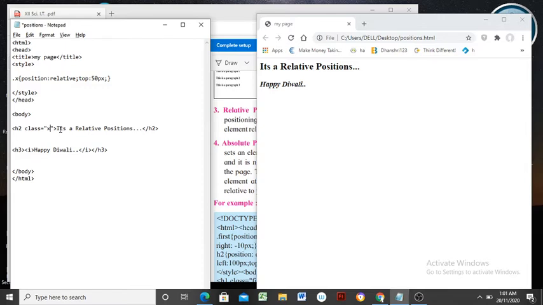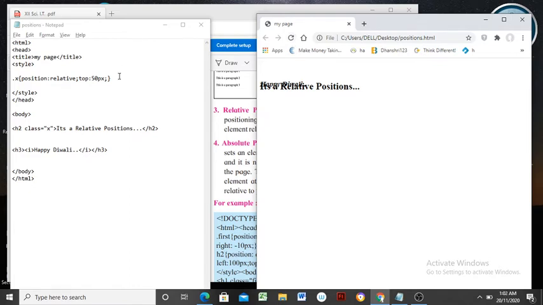So it's a relative position. This content will be displayed in a proper location by leaving a space of 50 pixels from this border. So this is to be saved again first, then go to this browser page. See here, first line, it's a relative position, something content is displayed. Now I am going to refresh this page. Yes, it is moved to next. It is displayed while somewhat next content is overlapped by this content.